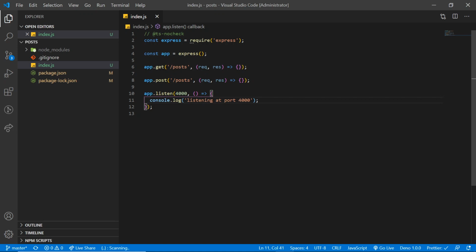Great. So now let's start implementation of the get and post methods. As I mentioned in my previous video, we are not going to use any database here, so we are going to store all the data in memory.